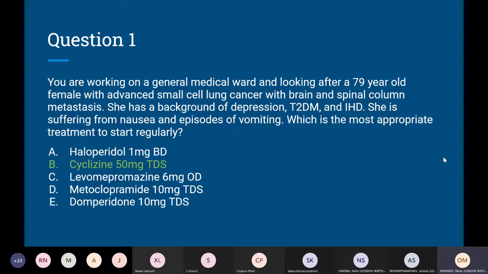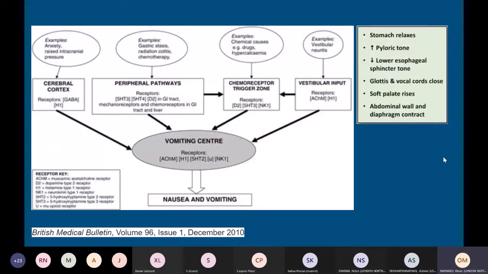First of all, I'll just go through nausea and vomiting in general. So the vomiting center, or the emesis center, is found in the medulla of the brain, and it gets inputs from multiple different sources. One of the main ones being the chemoreceptor trigger zone, which can also be found in the medulla, which gains stimulation from multiple different sources, electrolyte abnormalities, and certain medications.